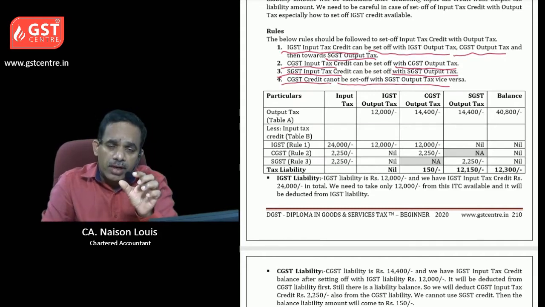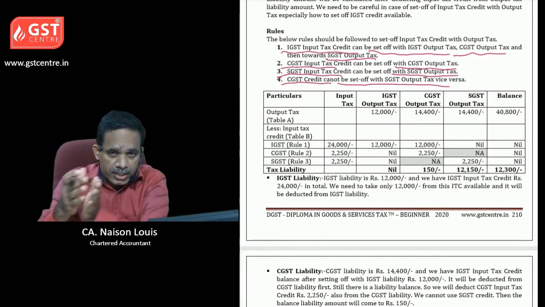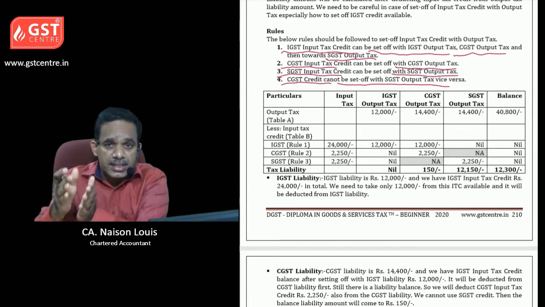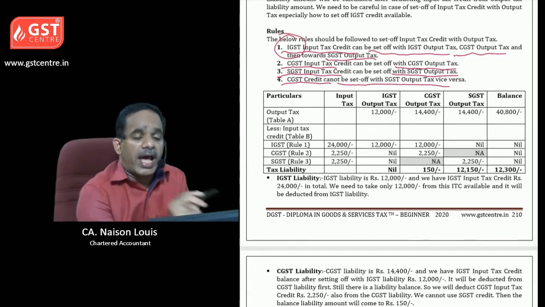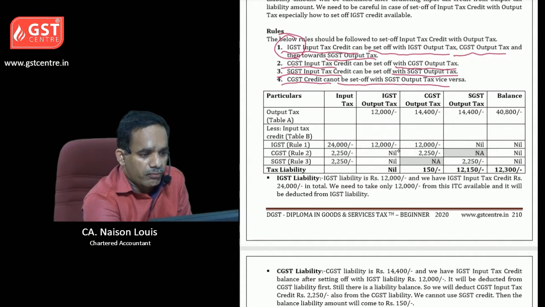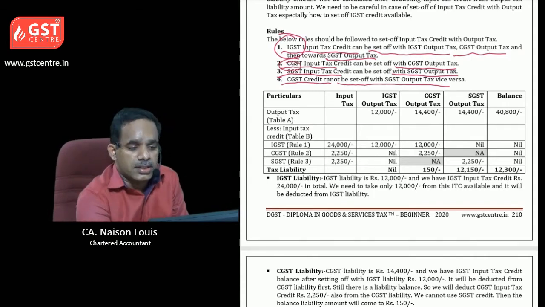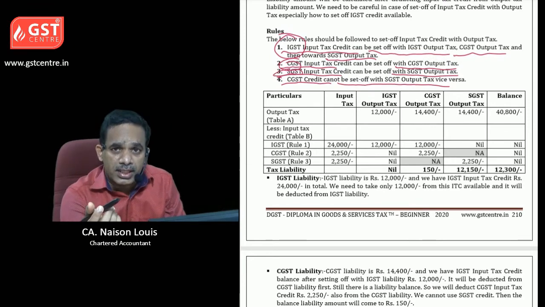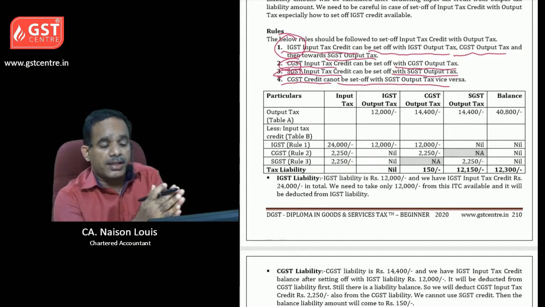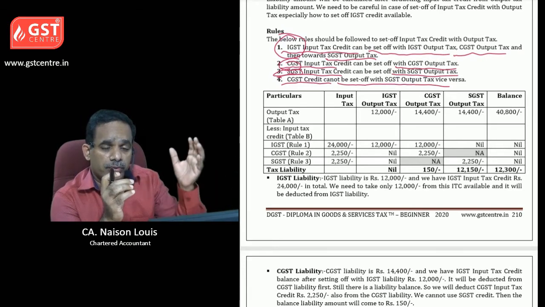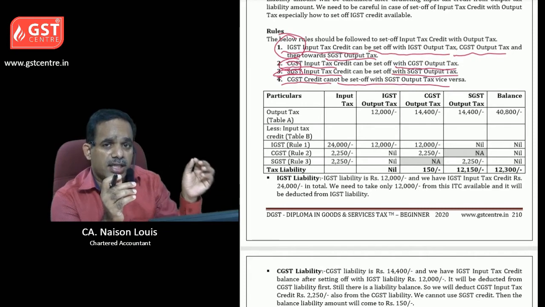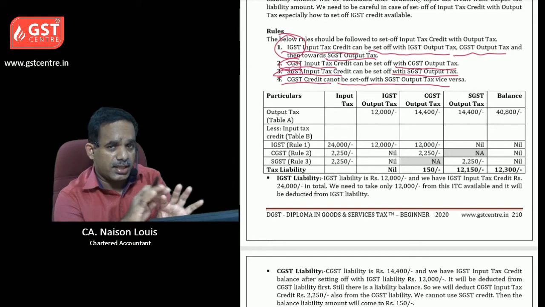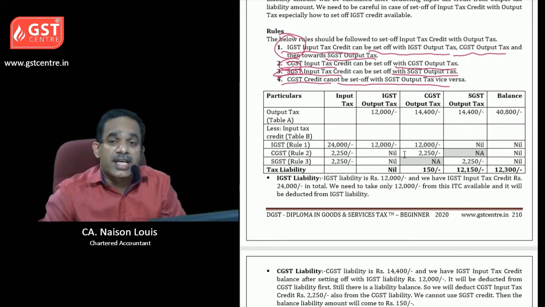So see, first we want to take IGST input tax, set off with the IGST output tax, CGST output tax and SGST output tax. So first we need to work upon IGST input tax. The second, we want to take CGST and set off with the CGST output tax. Third, we will take SGST input tax and set off with the SGST output tax. And see, important rule, you cannot set off CGST input tax credit with the SGST output tax. Okay, CGST and SGST, there is no cross settlement.